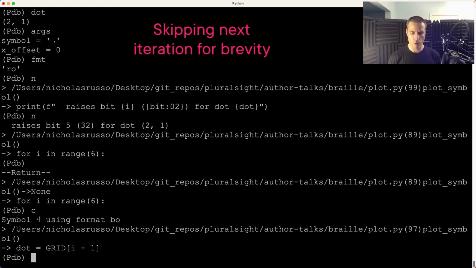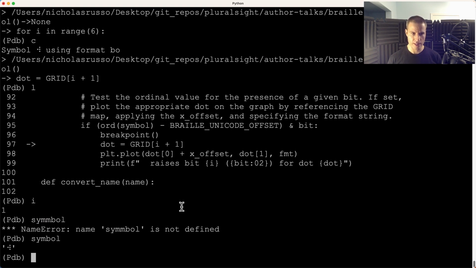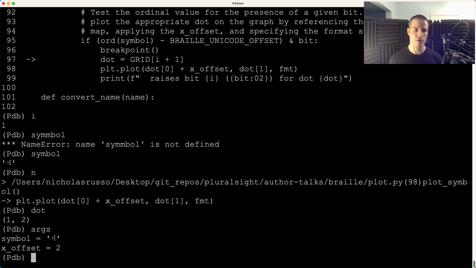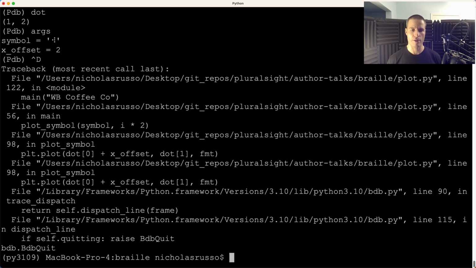And you can see that now we're in another iteration of the loop. You can see it's this symbol now. Okay, so I think you get the idea here. We're not going to keep stepping through all these examples. This dot, there's a specific location for it. If we look at our args, you can see that our symbol has changed. This is the next character in the string. And then we also have our x offset of 2. And I'm just going to break out of this, and you can use Control D to do that. There are other ways as well that I'll show you later, but we can break out here, and then